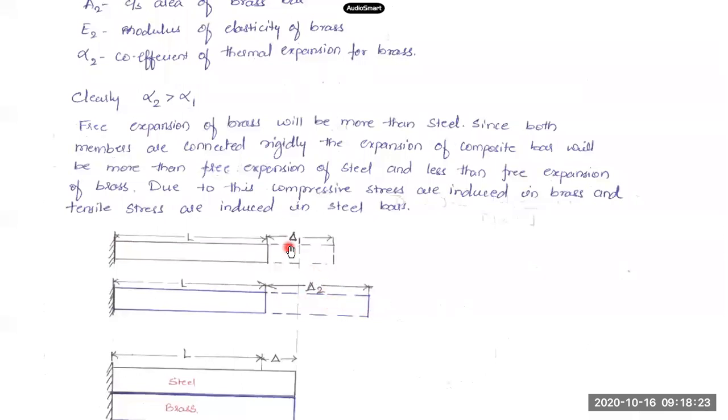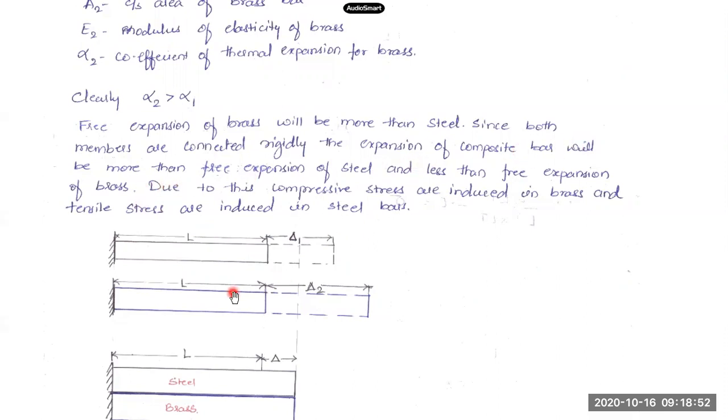That is how these bars will behave when they are joined together as a composite bar. We will find that the expansion of that composite bar will be somewhere between delta 1 and delta 2, more than delta 1, less than delta 2. So what is that expansion? What stresses will be developed in both of these materials if they are used as composite bars? So here what happens is,